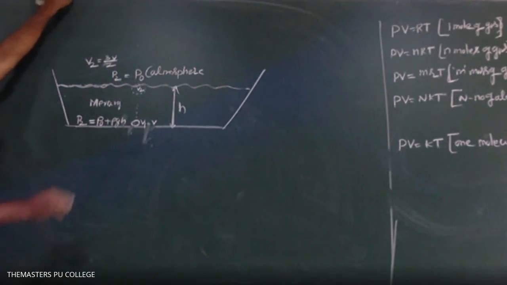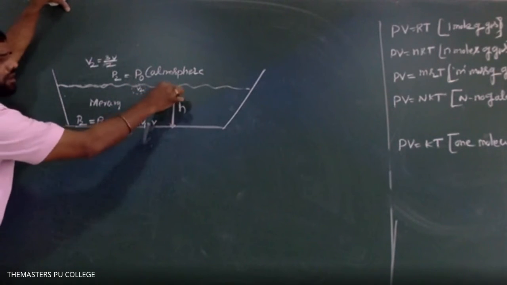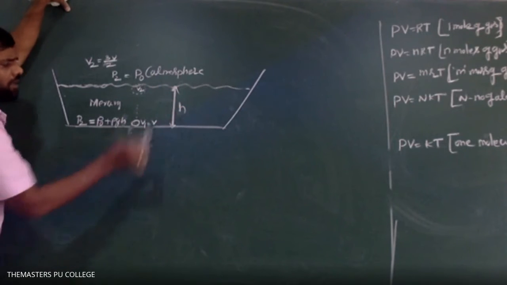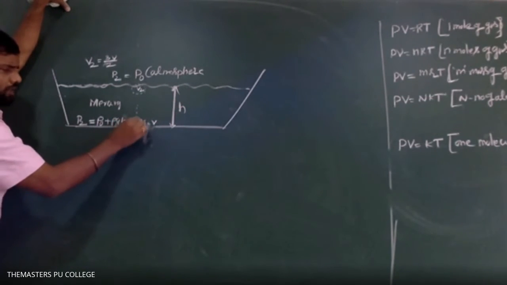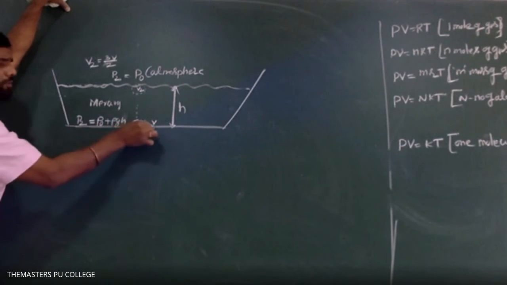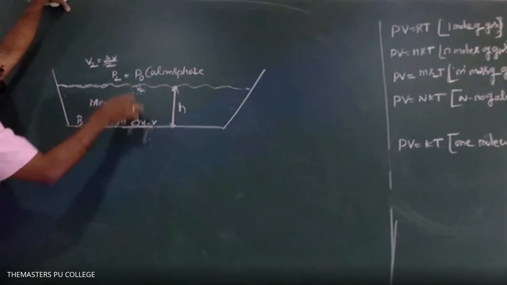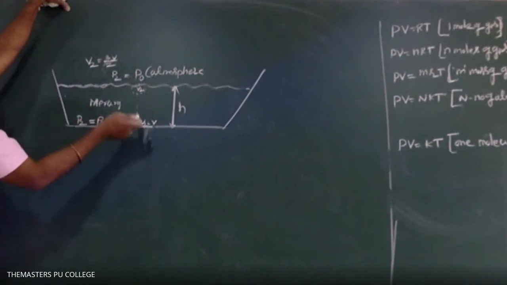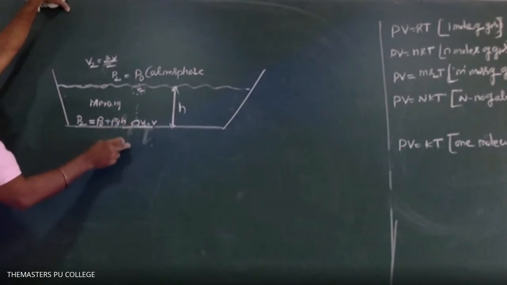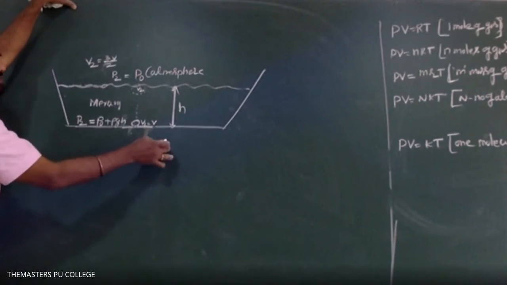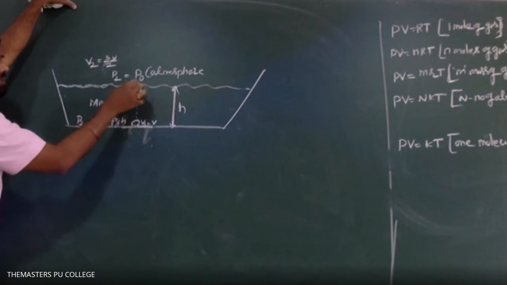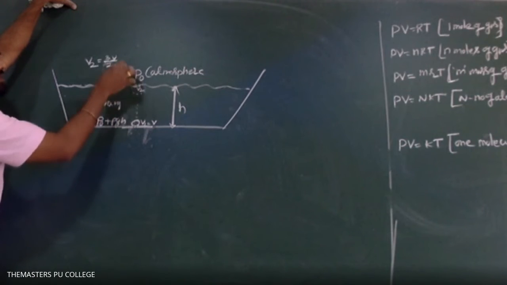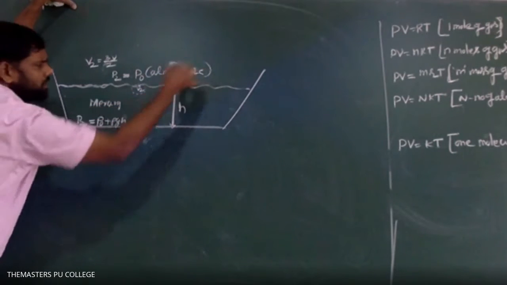They are saying there is a mercury column in the tank of depth or height h. An air bubble of certain volume V is raised from the bottom of the tank to the top. When it comes to the top of the tank, its volume becomes 3 by 2 times the volume at the bottom. So what is the height they are asking? At the surface, the pressure is due to the atmosphere only. So let us take P0, the atmospheric pressure.